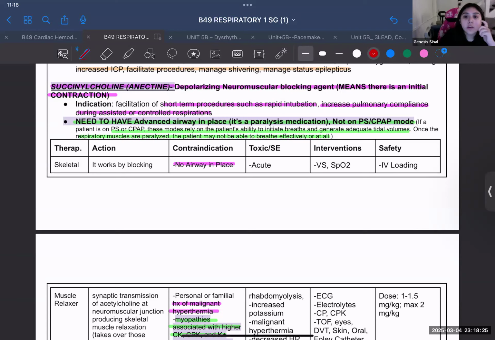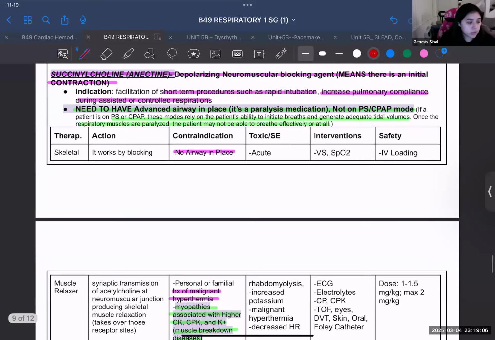And basically, both neuromuscular blocking agents go into those different categories of depolarizing versus non-depolarizing. What that means is they both block the acetylcholine from going on the receptor sites at the neuromuscular junction. But the difference is that with the depolarizing, it activates the acetylcholine. So there is an initial contraction at first, and then they paralyze. You don't have to know that, but I do think it is helpful understanding neuromuscular blocking agents. There's two different types. One of them is shorter, one of them is longer. One of them has the contraction, the other one doesn't. But that explains also why we use this one for short-term intubation only, and not the other ones.